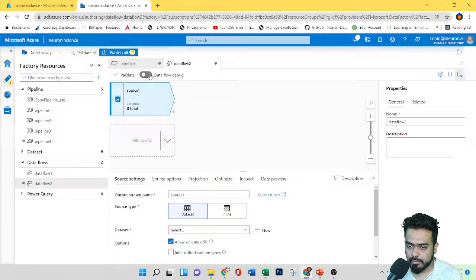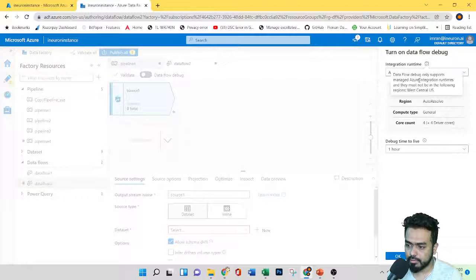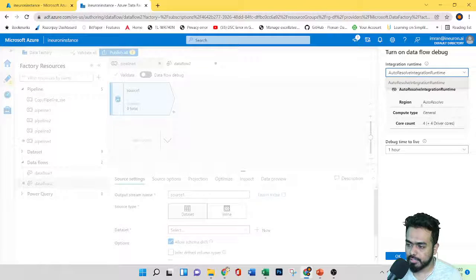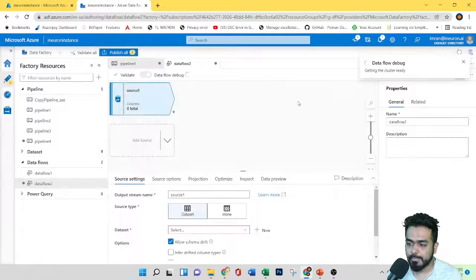It's asking to turn on the data flow debug. Here we need to select the integration runtime, so let's keep it auto resolve, the default one. You can see all the details, and if you want to change, you can change it. Let's click OK. Meanwhile it will run this debug.